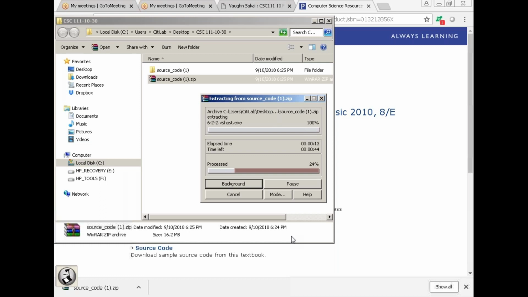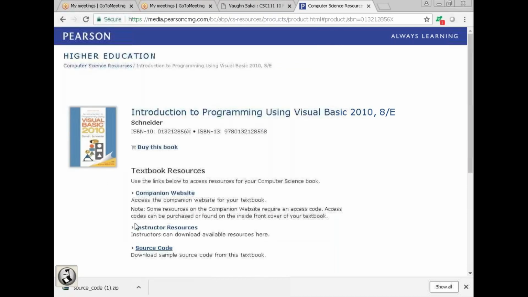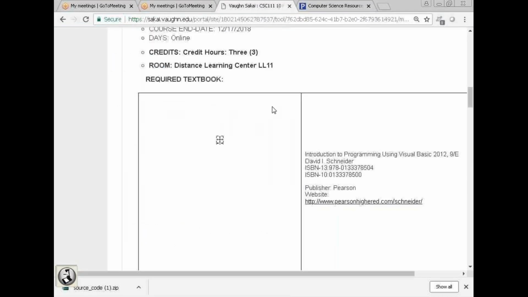I'll just simply wait for it to happen. Okay. And once this has happened, I'll be able to show you the other tools that would be necessary to complete the course. Okay? So, as you can see, again, as I go back into Sakai,